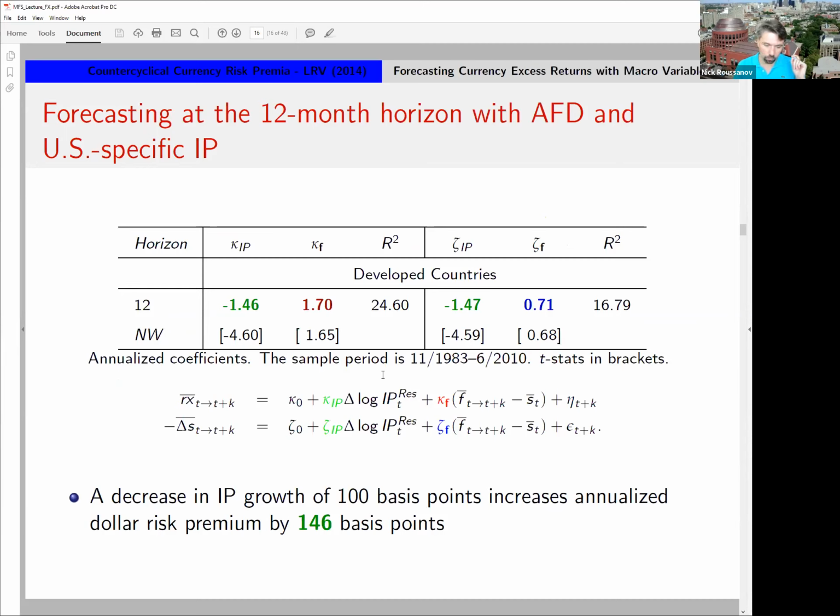Now, why is it necessarily the dollar, and why is it the dollar interest rate? Well, one hint is that this average forward discount, at least for the dollar, is very strongly countercyclical. U.S. interest rates are low relative to the rest of the, let's say, developed world when the U.S. goes into recession. And we see this, of course, whenever the U.S.